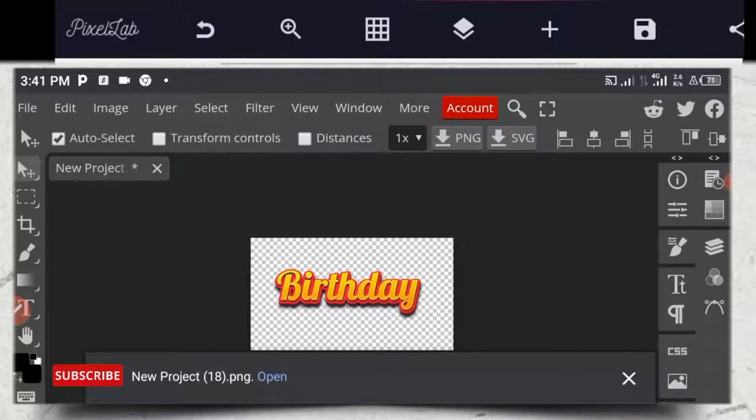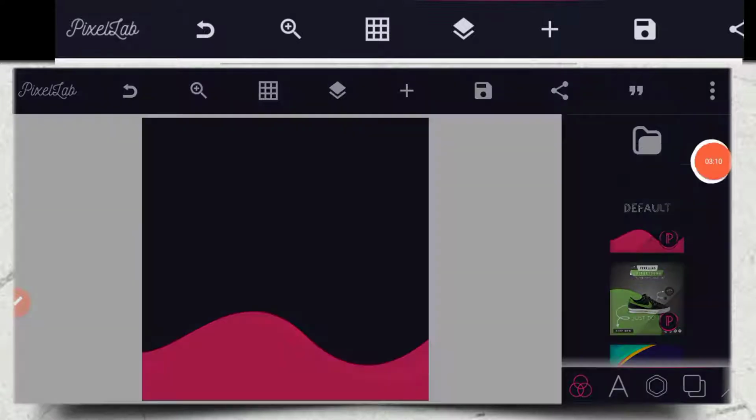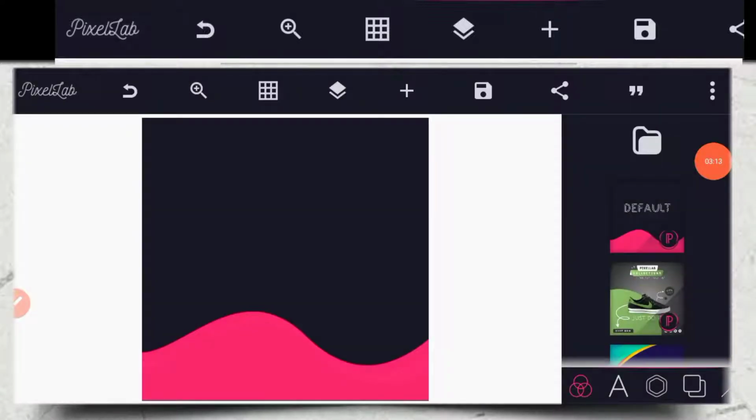So the next place we are going now is Pixellab. So let's go to the Pixellab. So guys, welcome to the Pixellab. Before we start the work here,